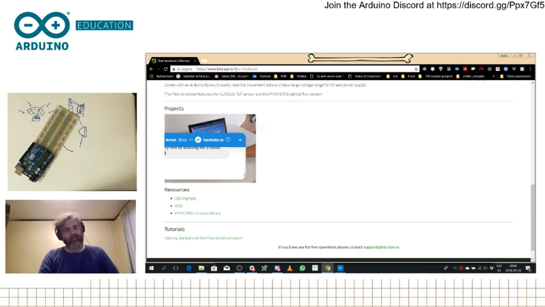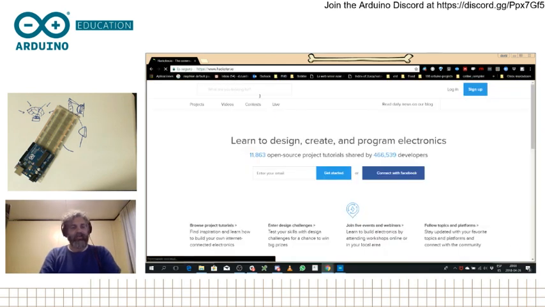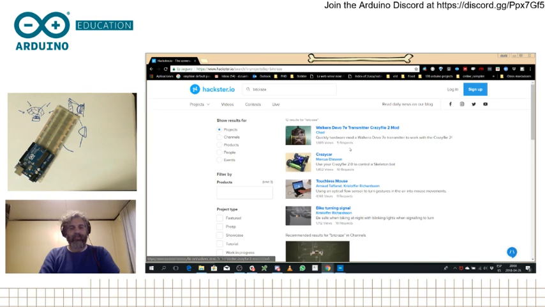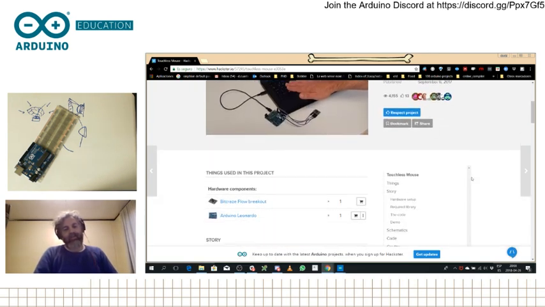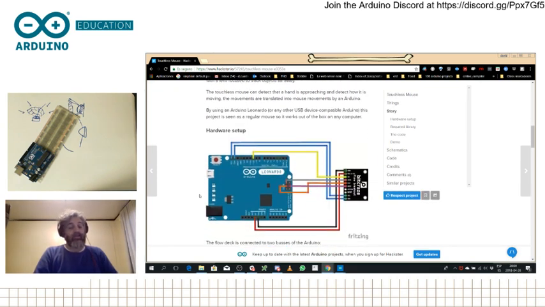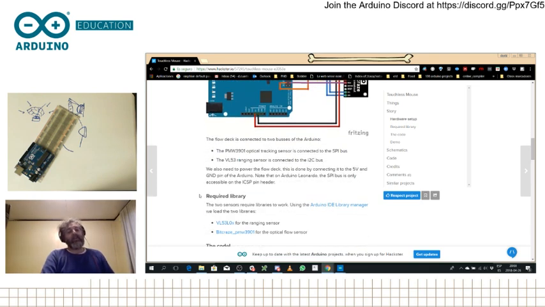Okay, I have this computer protection that doesn't let me. So I'm gonna just go to hackster.io, and once here, we're gonna just look for Bitcraze, and once on Bitcraze, there's different projects. Marcus Eliasson, for example, was at Bitcraze as the CEO. And here we have the touchless mouse, and this is the one that explains how you can make a touchless mouse using the Arduino Leonardo. I'm not gonna use the Arduino Leonardo, I'm gonna use the Arduino Uno. As I said, I will just display the information on the screen.